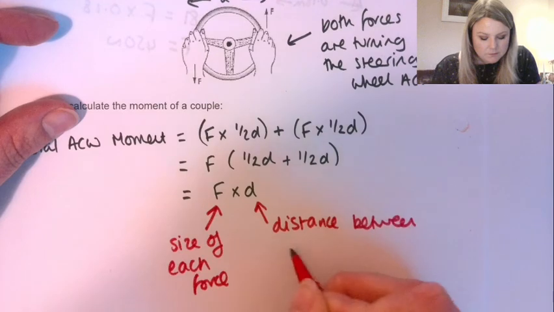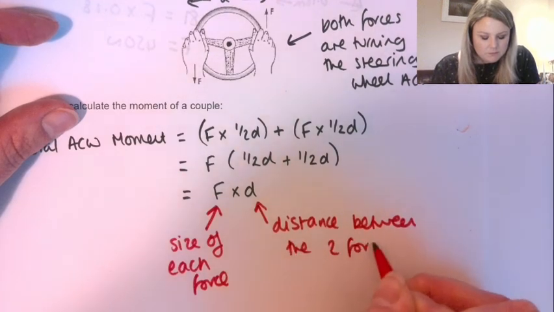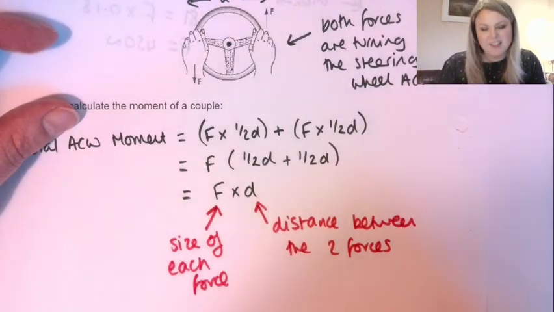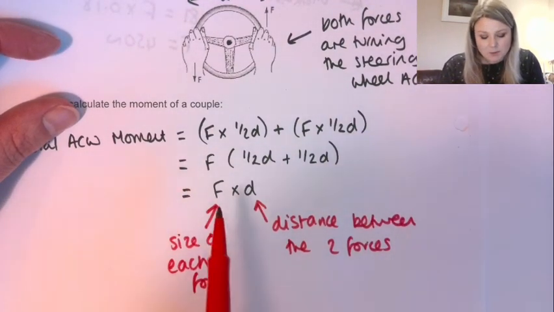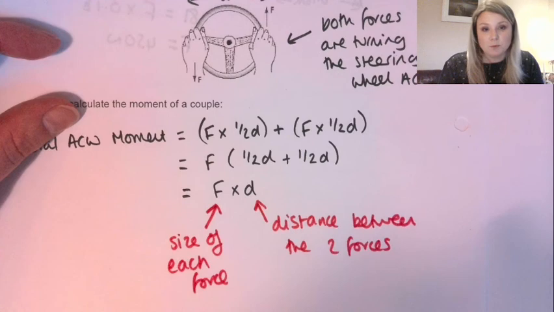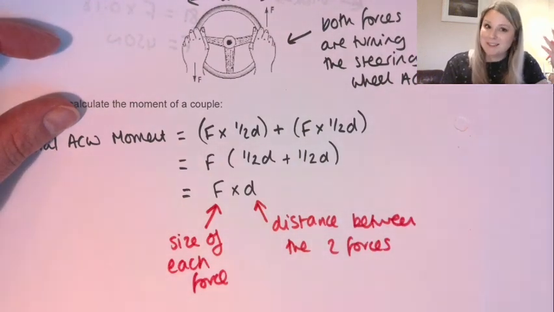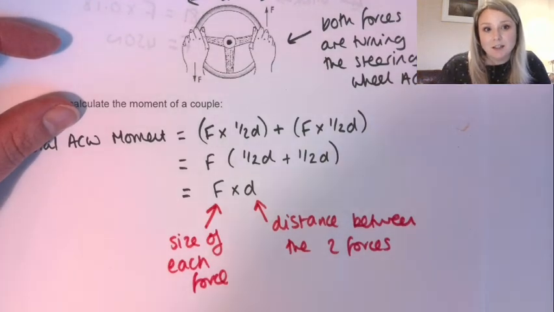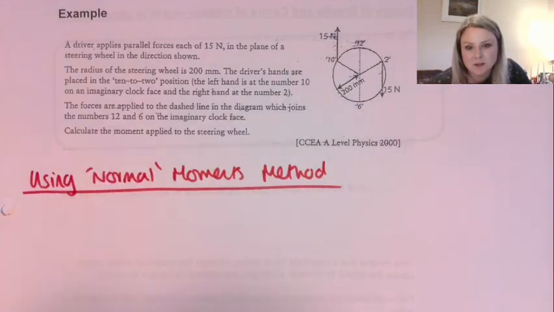Okay, and yeah, that's the only reason I don't really like it, is because this looks exactly the same as moment equals force times distance to the pivot, but it's not, it's slightly different. So get that written in, and then let's do this little example. Right, so